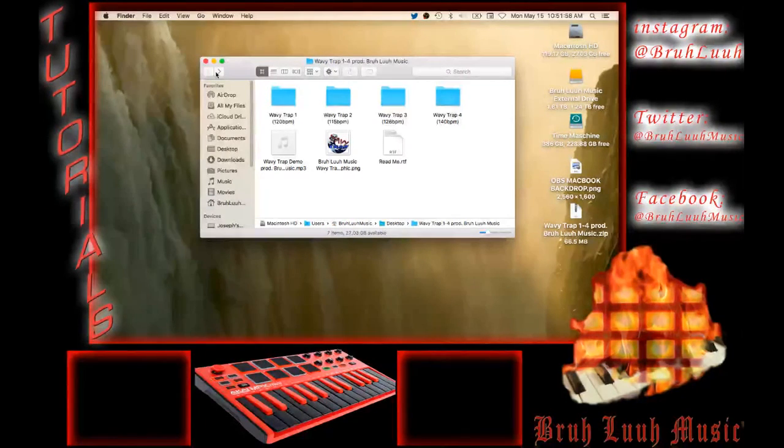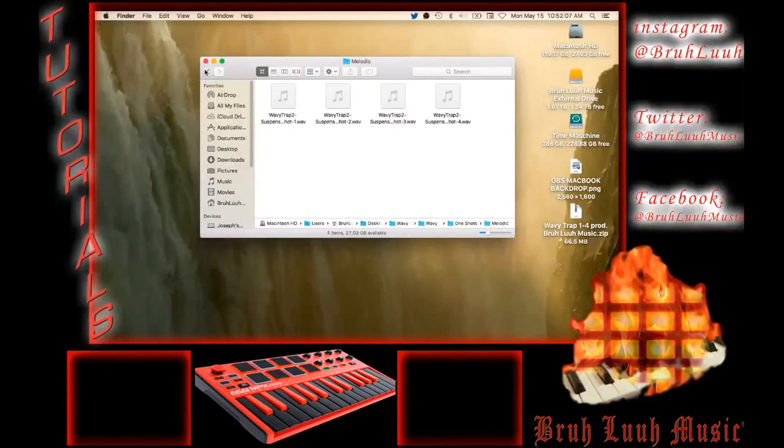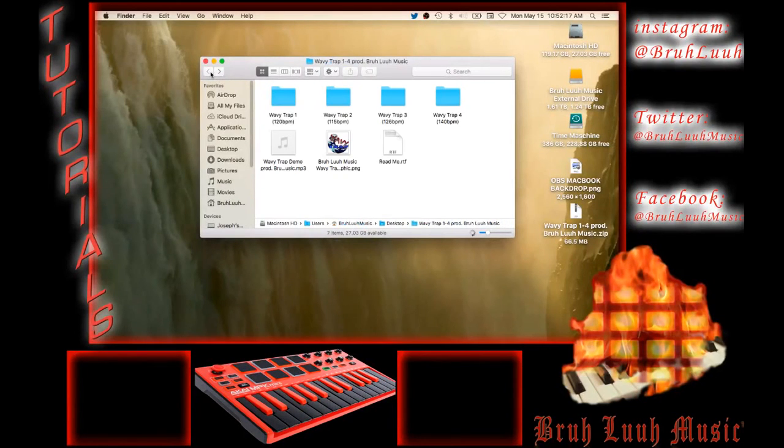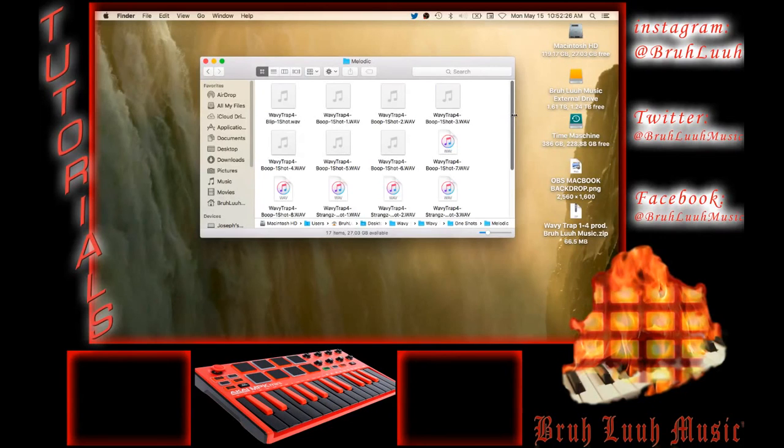Some of these beats have an amazing amount of chops inside of them because some of these melodies are so complex. And I'm not trying to toot my own horn or anything like that, but these sounds are really crazy. So just to give you a view of those folders,